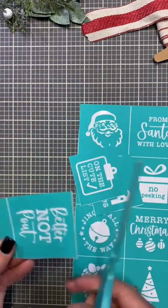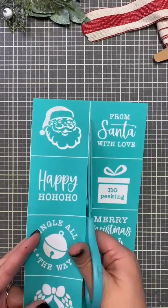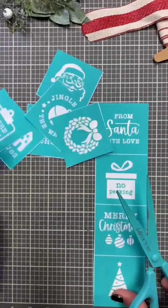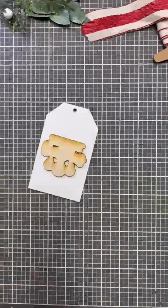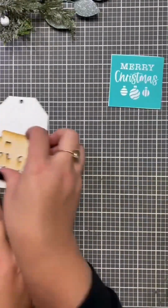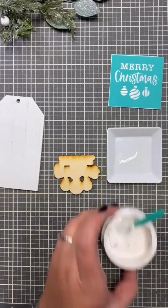This is our Jingle All the Way minis, and there are 12 different designs you will love to play with. Today we're gonna do a cute little Merry Christmas with some ornaments on a little cutout and our wooden mini tags. Check it out. So the first thing I'm gonna do is I'm going to get the wooden cutout wet,